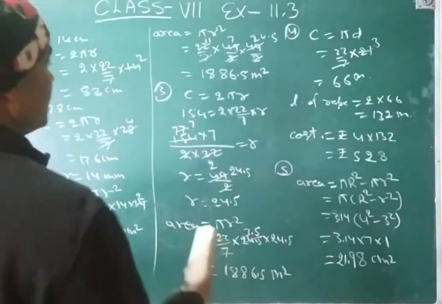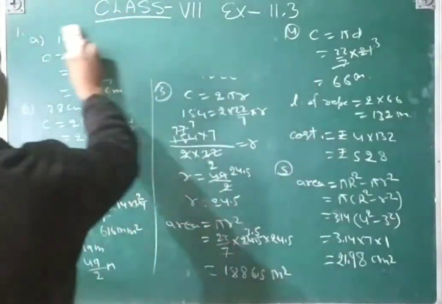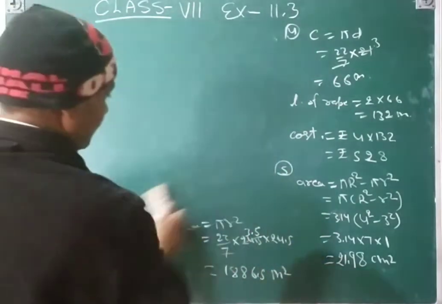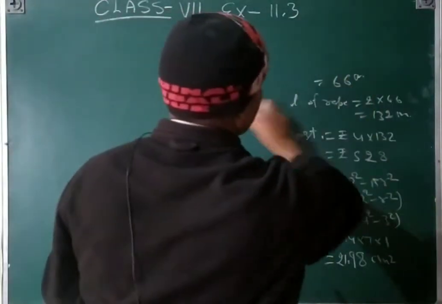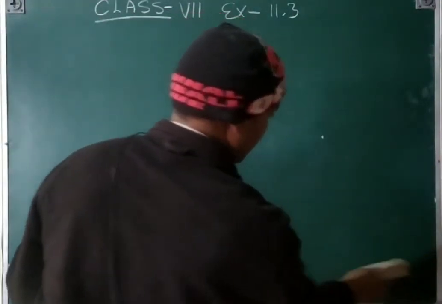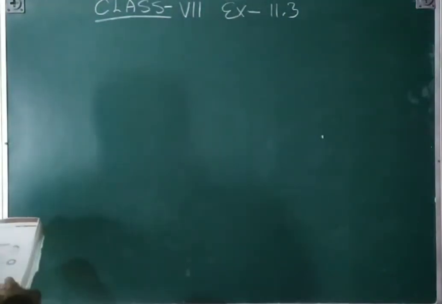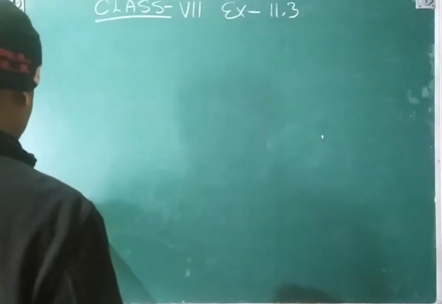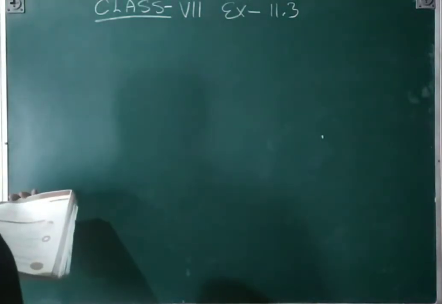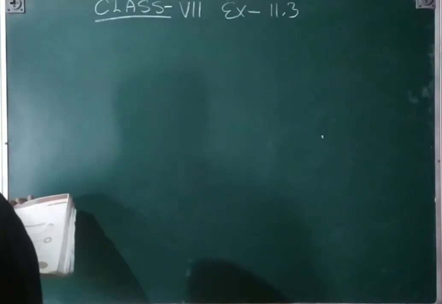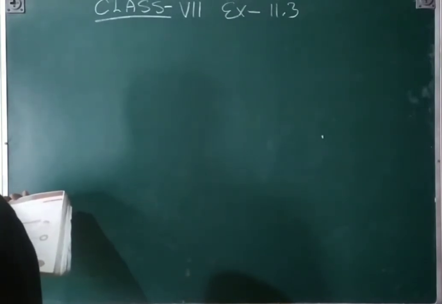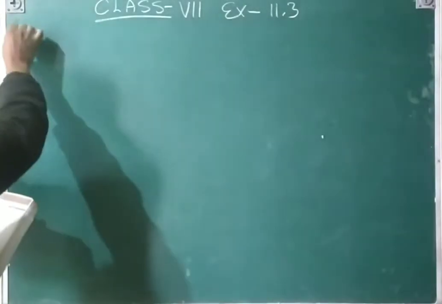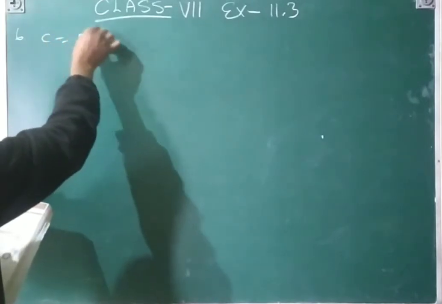And then the fifth question you will see here. The fifth question we have done here. Now the sixth question. Simon wants to put a lace on the edge of a circular table cover of diameter 1.5 meter. The diameter is given there. Find the length of the lace required and also find the cost if 1 meter of the lace costs rupees 15. So that's simple. We need to find the circumference, so pi d, the diameter is given there.